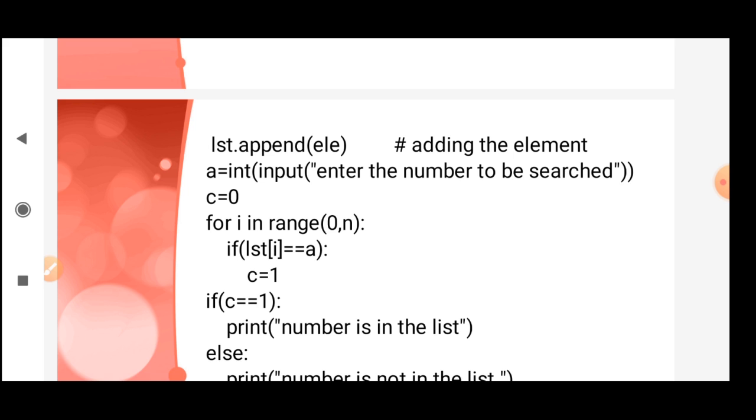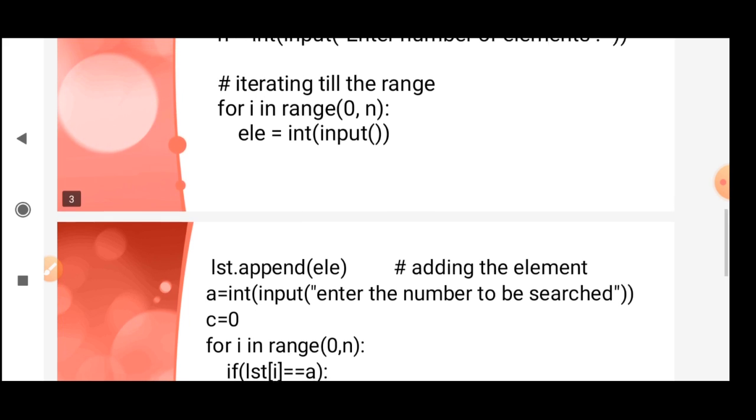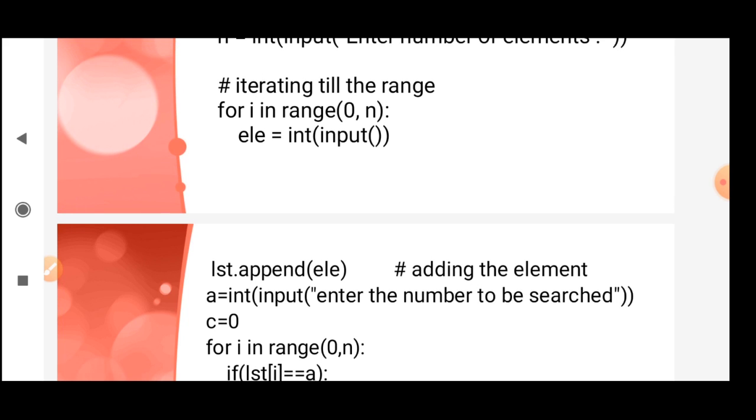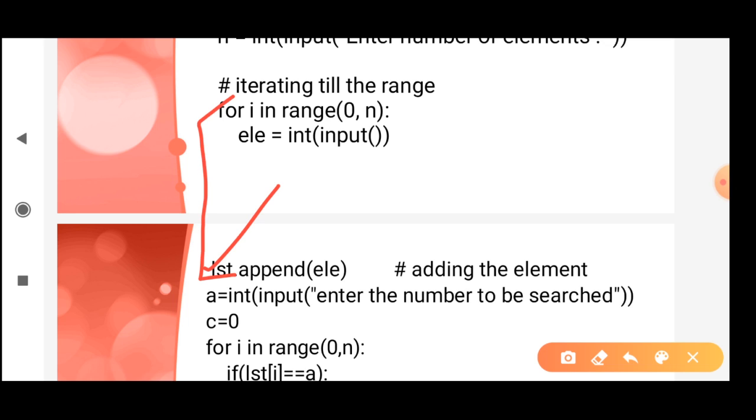Similarly, every time the loop runs, it will ask for an element from the user, and every time the user enters the data, it will get appended in the list. And when the whole loop is completed, you will have all the elements in the list.